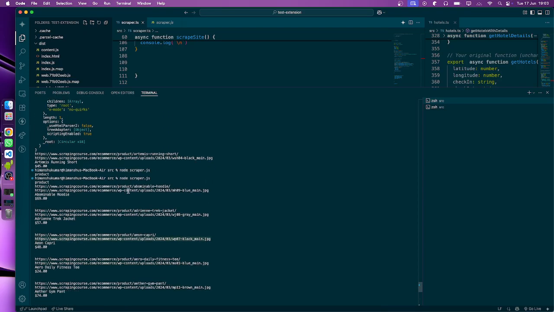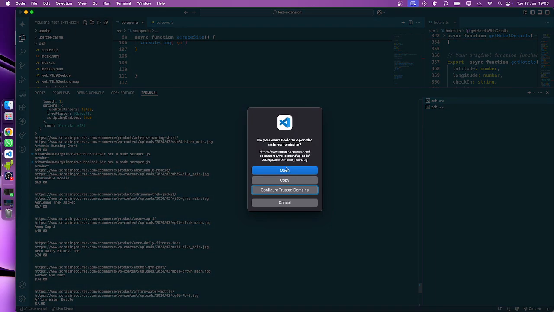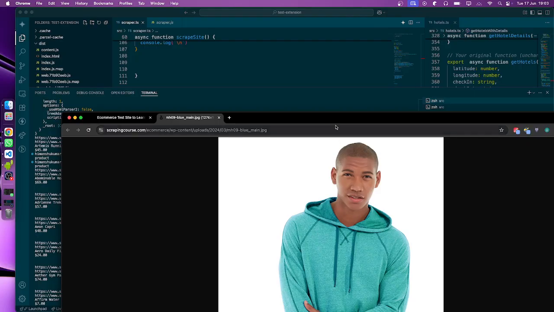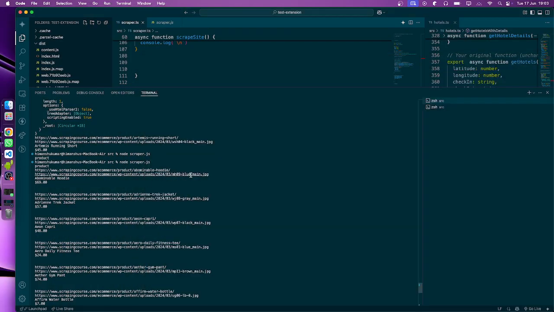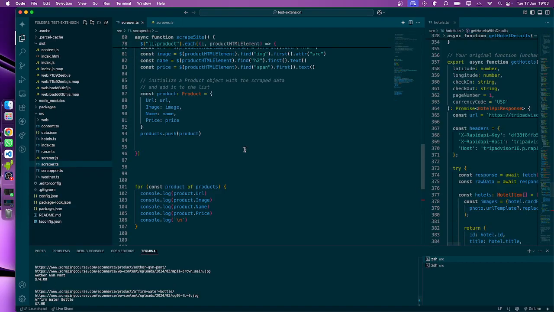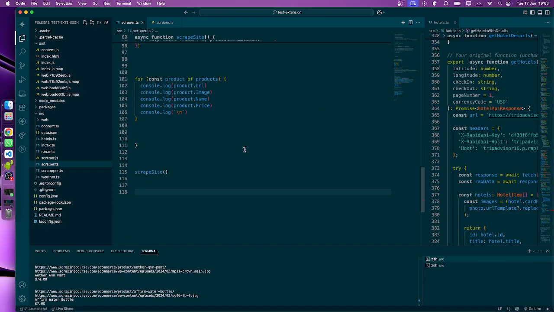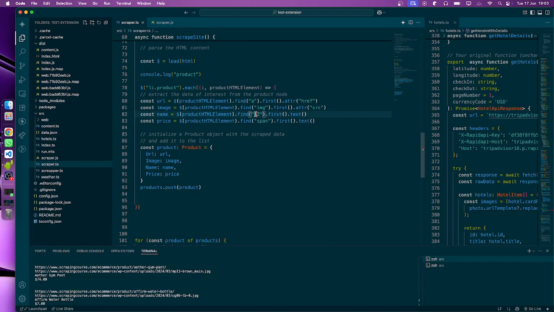So let me click on this image. This is the product image, and also the product name and product price. This is for demo purposes. I created a scraper for the first time,